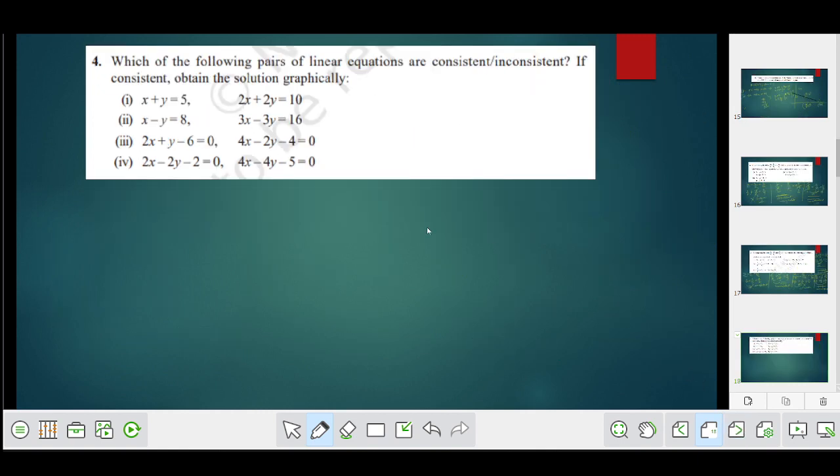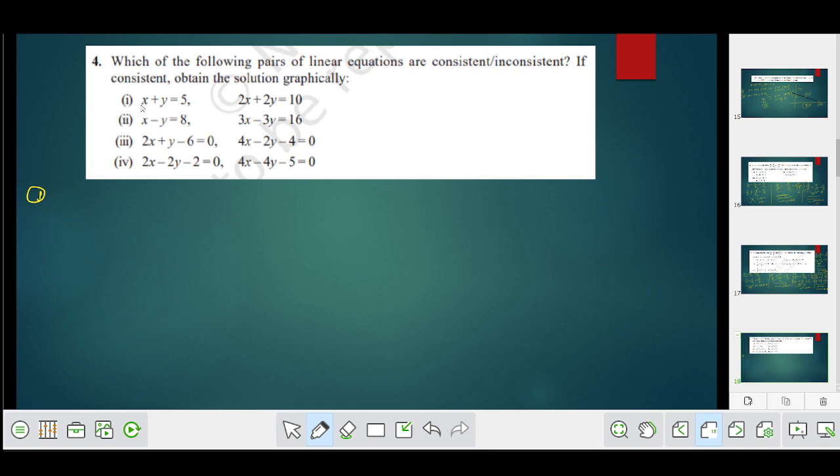Next. Question 4. Which of the following pairs of linear equations are consistent or inconsistent? If consistent, find the solutions graphically. Clear? Now we should solve it. First, we should find the nature. For the first,